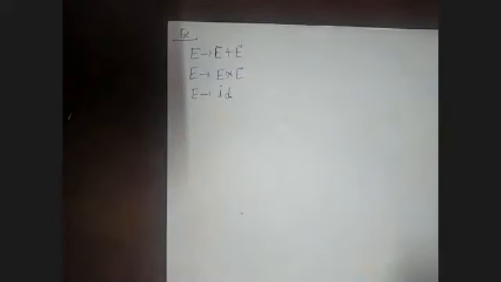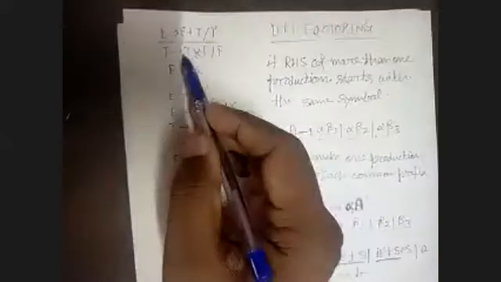So how to convert? Anyone can tell me how to convert? No answer. First, we remove the recursion. So how to remove the recursion? We already did this example in the beginning of the class, this type of example. So we take care of this example. Rather than this, we change the production: E tends to...